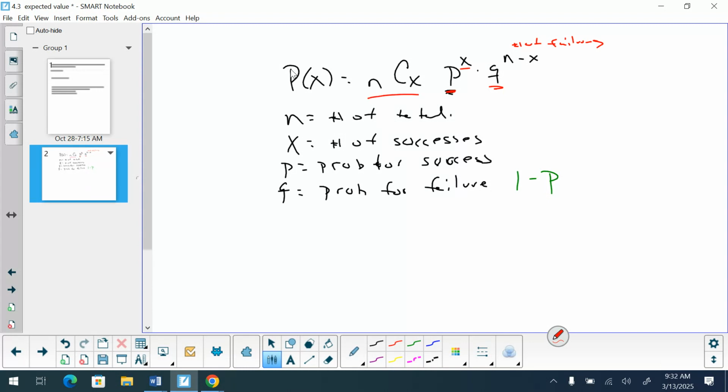This nCx will do all your arranging for you. Once again, if you have 5, 4, 3, doesn't matter. You have different arrangements, just like we had different arrangements counting wise up here when we had 3 people, 3 desks. Okay, and it did not matter what order we're in, so we can have a C because order does not matter. So if we look at problem number 2, part A and part B of problem number 2,